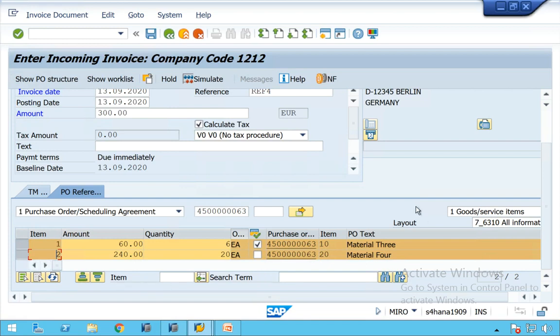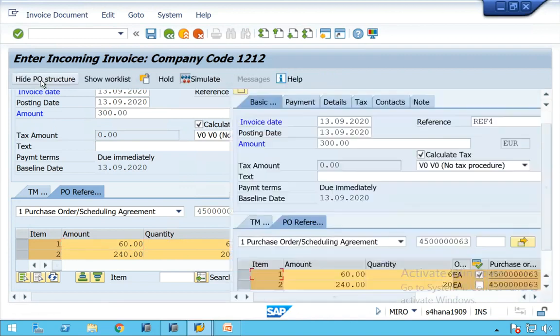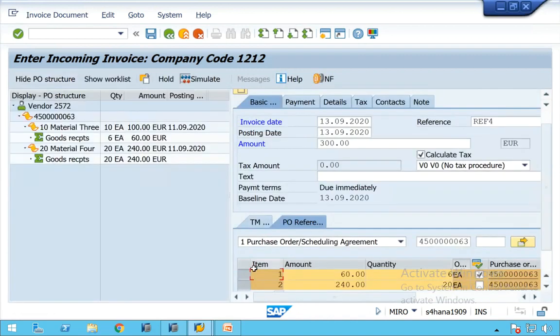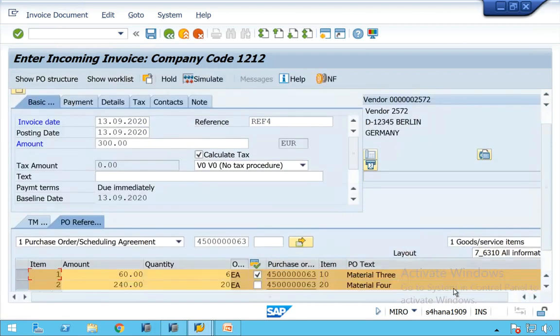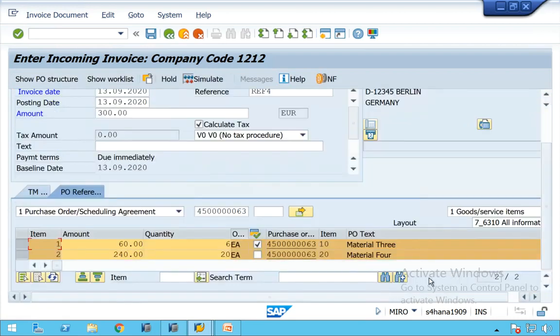Okay, so that's fine. I think we have done all of it. There is one thing, quantity is defaulted from the purchase order goods receipt, correct? How much we ordered? 10 we ordered, but we received 6 only. Open the PO structure. For line item 1 of the invoice, which is line item 10 of the purchase order, we ordered 10, we received 6. Fine, it is suggesting 6 receipts and the corresponding amount is 60, and 20 we ordered for the line material 4. If we are getting confused, what we can do is, just like Windows, we can drag and drop the material number. How can we do that? Let me see.